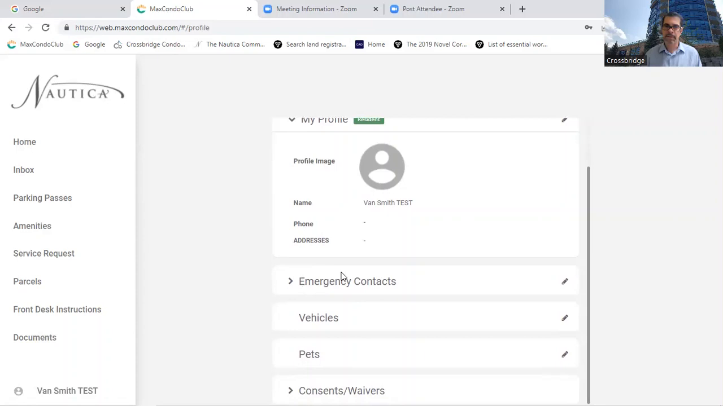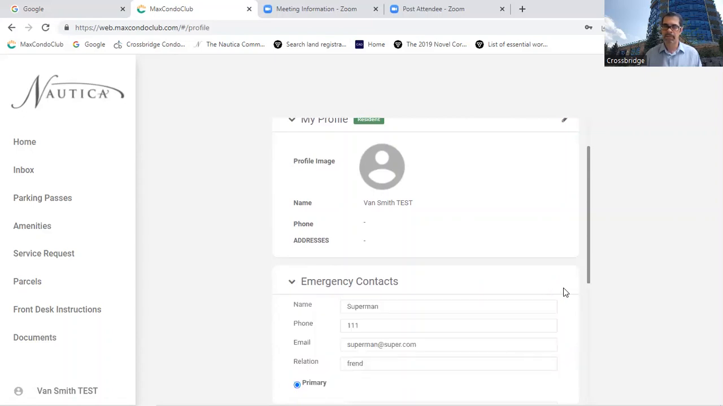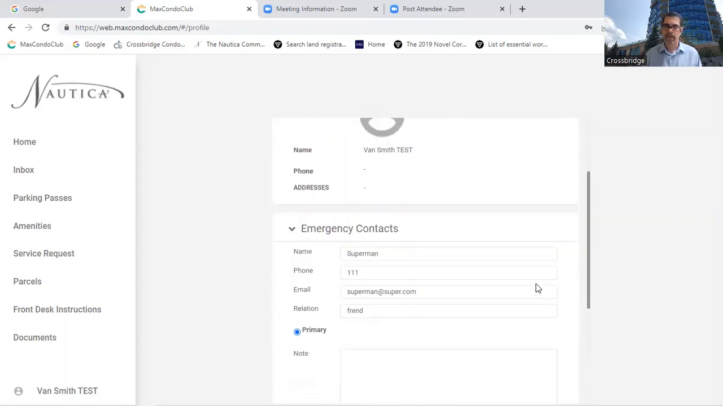So let's do something here. Let's go into emergency contacts, and we're going to click on the little pencil on the right-hand side. I have Superman listed as my emergency contact because when I need something, he can fly here in 2 seconds. So let's go through and change this. Superman's on vacation and I need somebody else to come. So I'm going to have